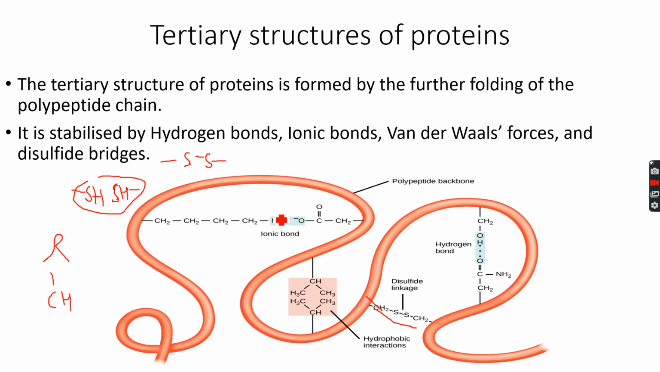As you can see here, it can have ionic bonds. And as you can see over here, it can have nothing but van der Waals forces, because obviously these are non-polar groups, so they will have van der Waals forces between them. So the tertiary structure is very complex. It is stabilized by hydrogen bonds, ionic bonds, van der Waals forces, and disulfide bridges. So in the case of the tertiary structure,